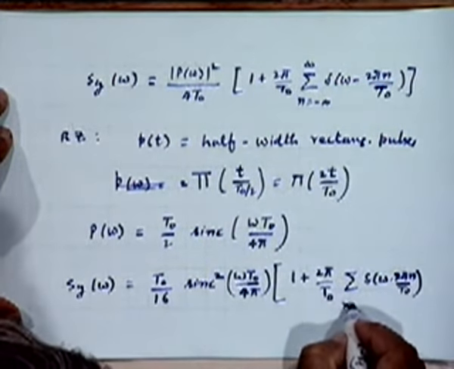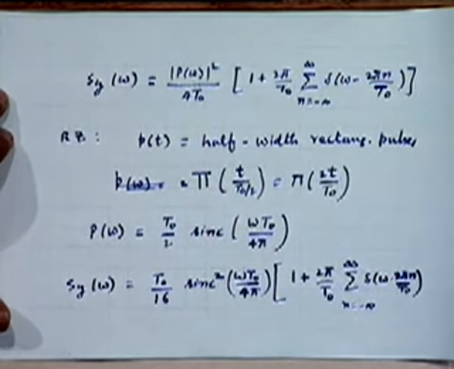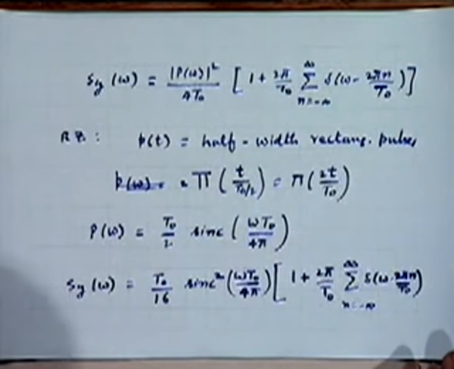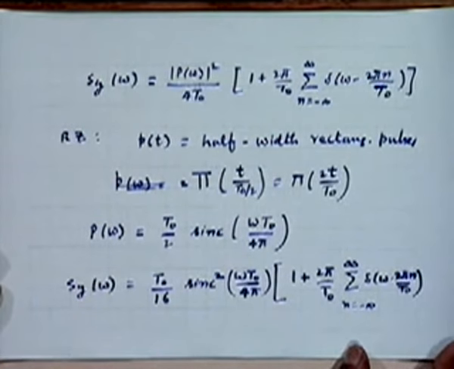All right. We're just at about 11, so I think we'll have to stop here. We'll look at this expression again next time and try to understand the nature of the power spectrum of the RZ signal and NRZ signal with respect to on-off signaling, and then go on to other forms of line coded signals.